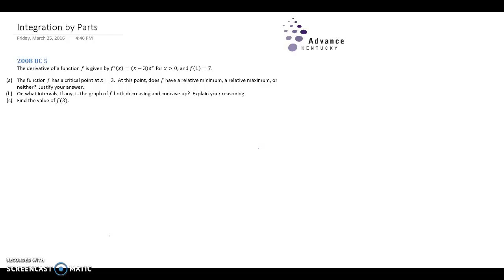As an example of integration by parts, I've chosen a free response question from the 2008 AP Calculus BC exam, where they've given us the derivative function and an initial value, and in part C have asked us to find the value of f of 3. According to the fundamental theorem of calculus, f of 3 is equal to f of 1 plus the definite integral from 1 to 3 of f prime of x